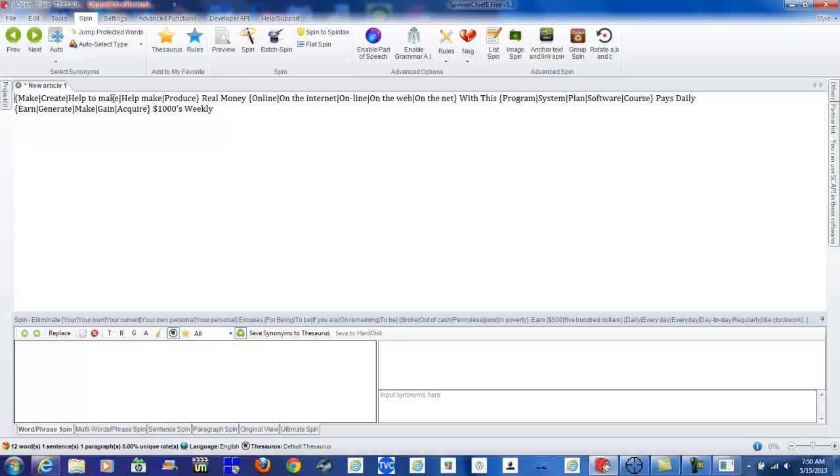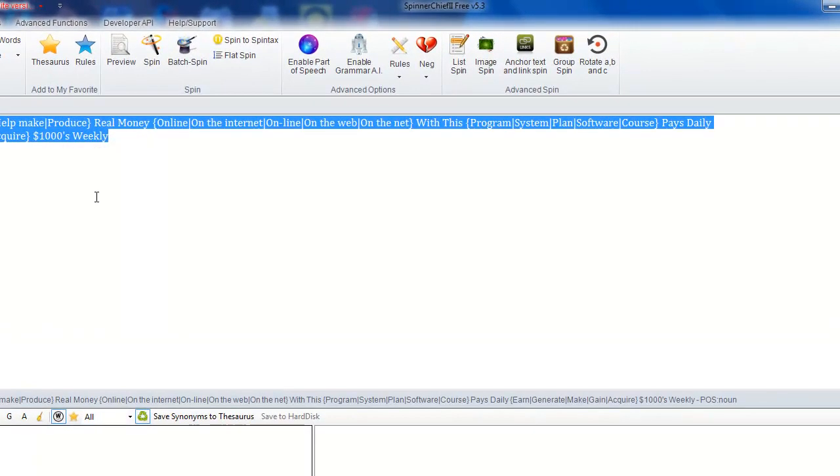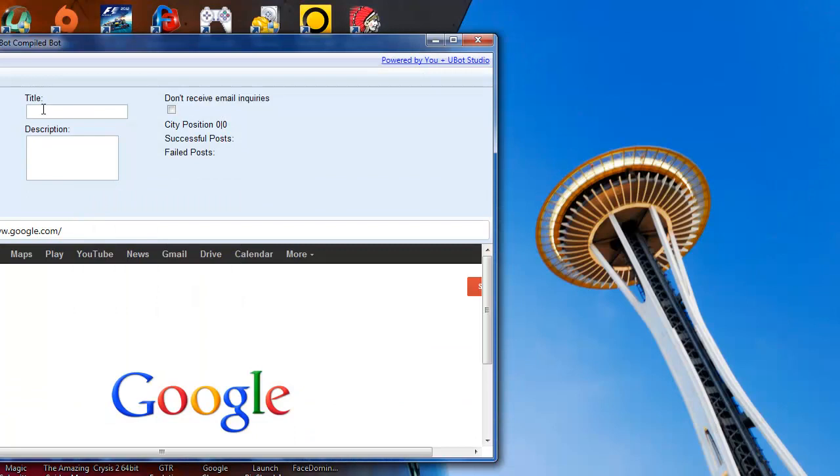I don't like these two, but just for the sake, I'm just gonna leave it the way it is, because this is just a demo. But just know that I would not leave some of these words in here in my actual campaign. But anyway, I'm gonna paste this up here for my title. It's already spun, and for the description, I'm gonna put